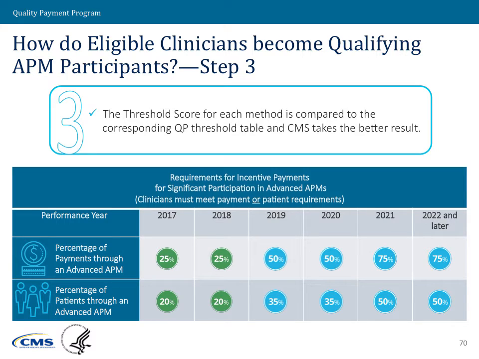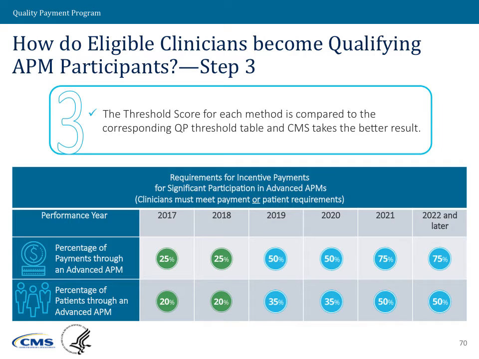And this is a table of QP thresholds. And so you'll notice that there is one set of thresholds for that payment amount method and one set of thresholds for that patient count method. And they vary a little bit because those ratios tend to work out slightly differently in practice. And so we'll take that payment amount threshold percentage and compare it to these numbers here. And then we'll take that patient count threshold and compare them to that second row.